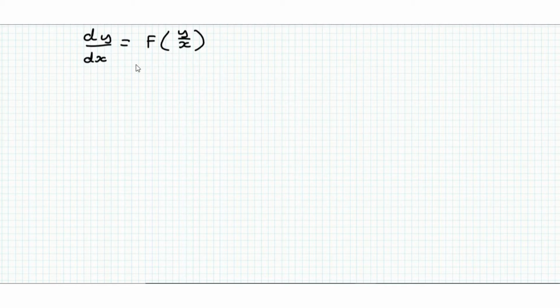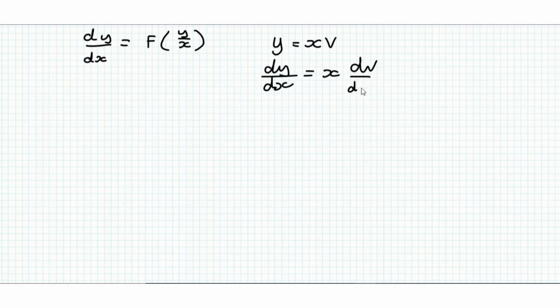If we've got something that we can't solve with the techniques we already know for solving separable differential equations, then we can use this substitution: y is equal to xv, and that gives dy by dx is equal to x dv by dx plus v. That substitution, and then getting